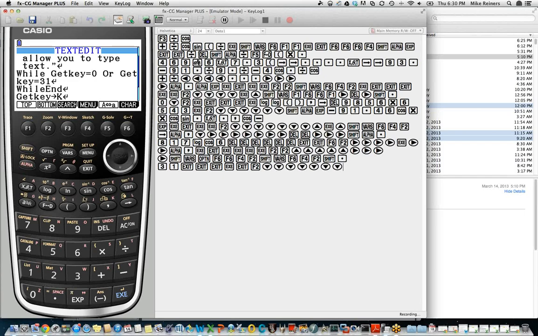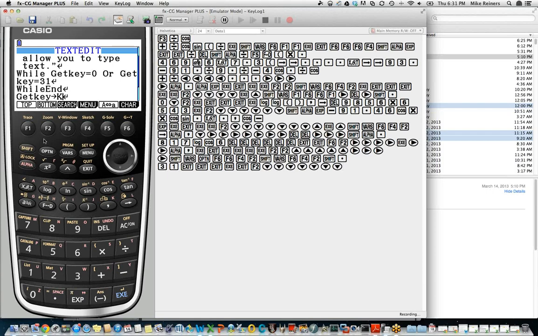Now, we'd actually like to exclude other keys as well. We'd really like to stop the user from pressing any of the keys that do not have letters on them. We want the user to be able to eventually press the execute key in order to move down a line. We'd like execute to be kind of like a carriage return in our text program. But for now, we're going to exclude the execute key at first because it was stopping our ability to grab keystrokes. We'd like them to actually start typing something before they press the execute key and get a carriage return.